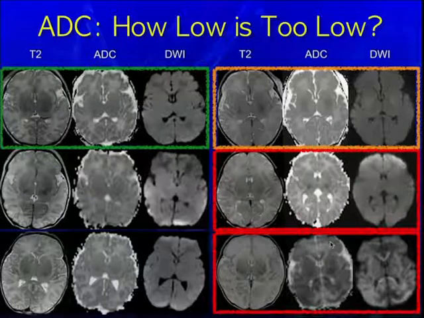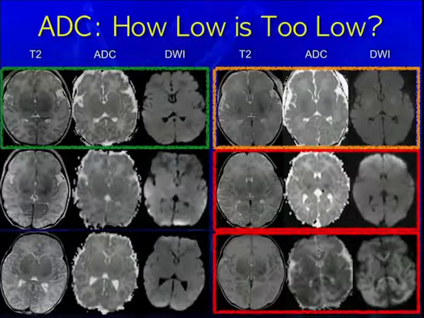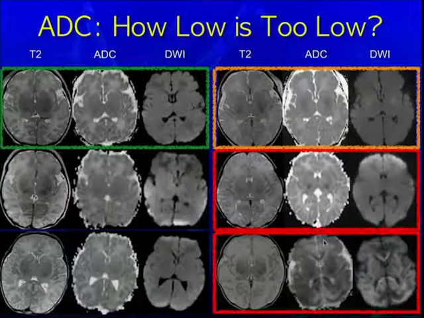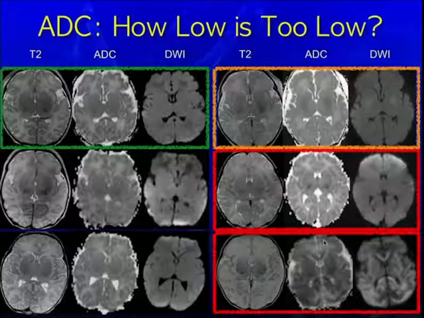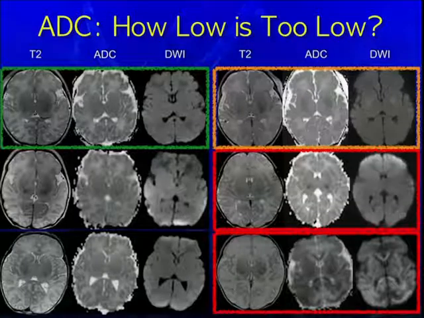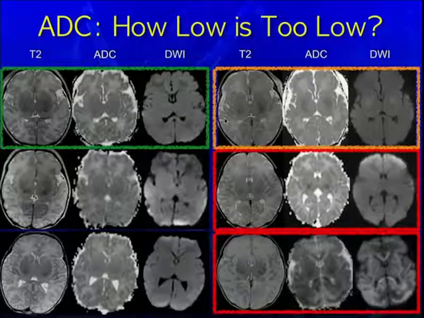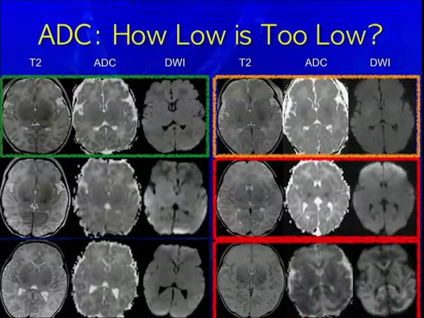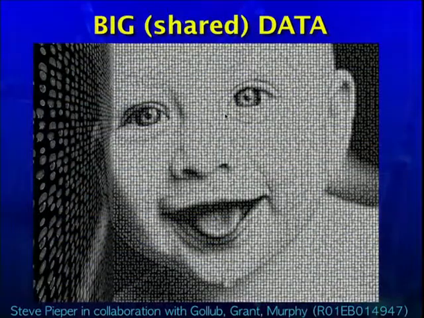We know that hypothermia decreases the numbers that have these very severe outcomes, but we don't really have the data yet to know how much it helps with the cognitive disabilities. So I think one challenge that we face as radiologists now is calling normal versus abnormal, particularly in the age of cooling. So this is where we get to big data, and this is a grant that we have right